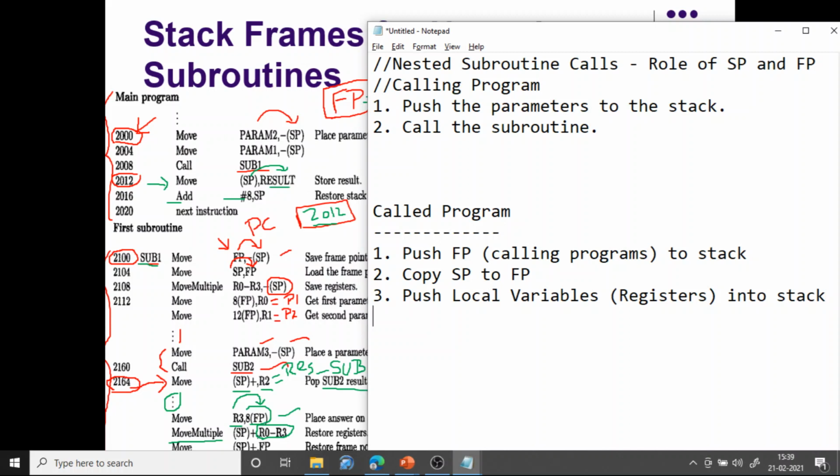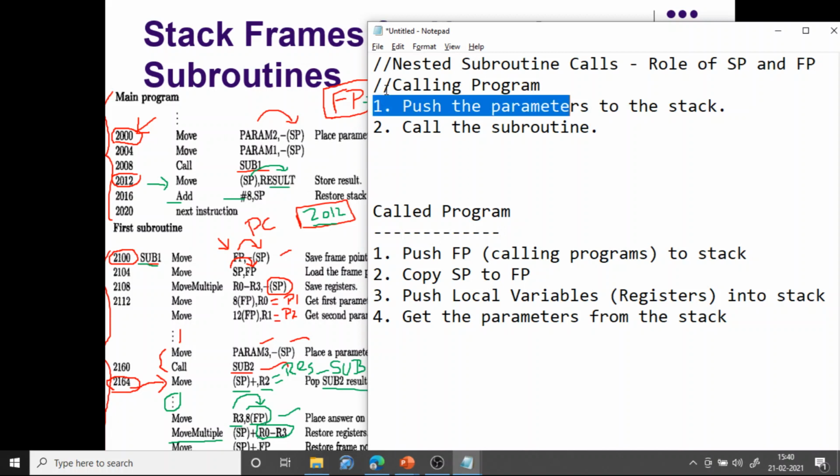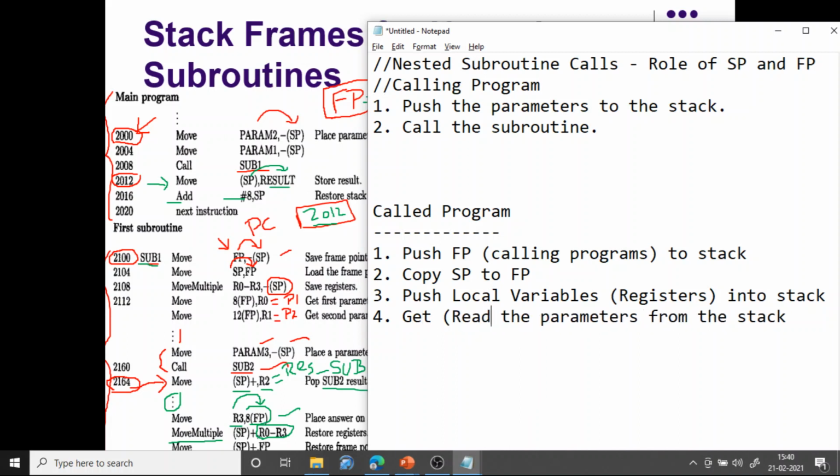Then after pushing all these things, get the parameters from the stack. Which parameters? The parameters that are pushed by the calling program. Get or read those parameters from the stack.